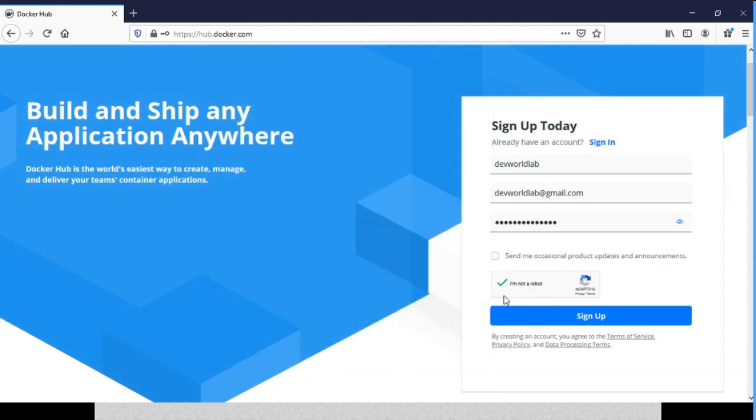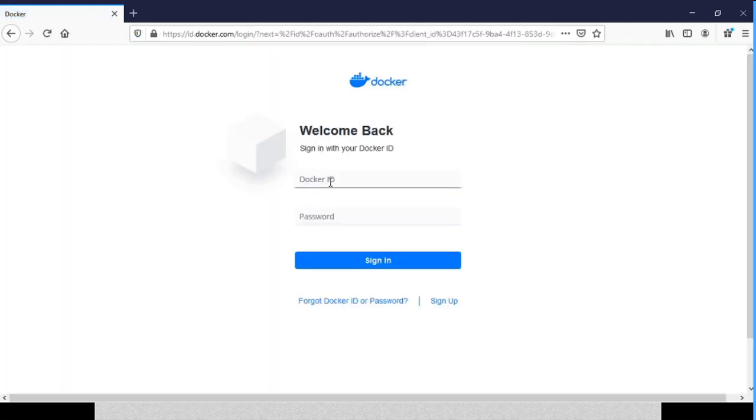So you will see a green mark. Then sign up. Then sign in using your username and password. It will go to the home page of Docker Hub.